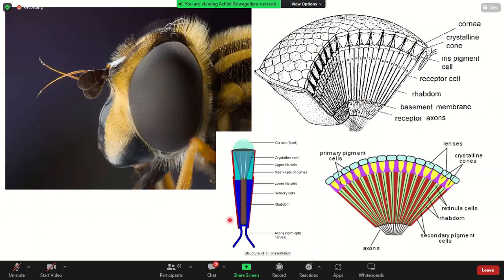Right? So this is the structure of a single ommatidium. It has a very